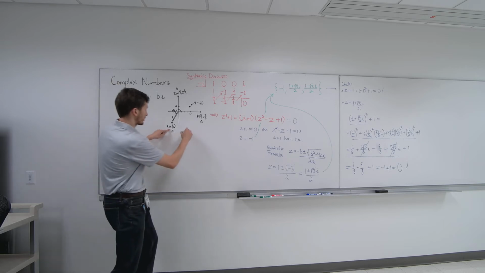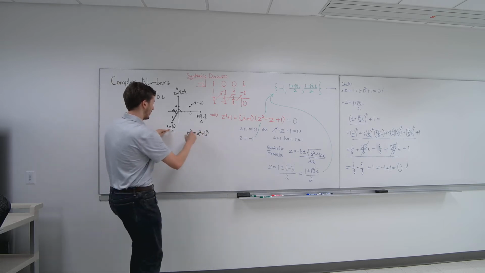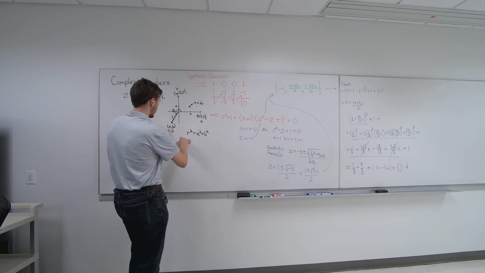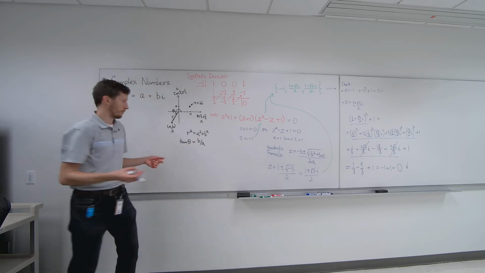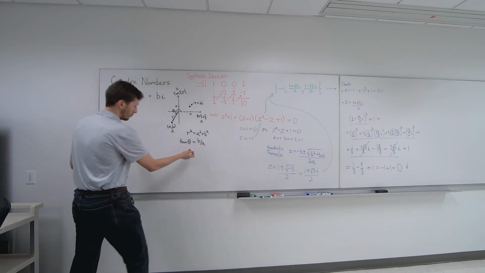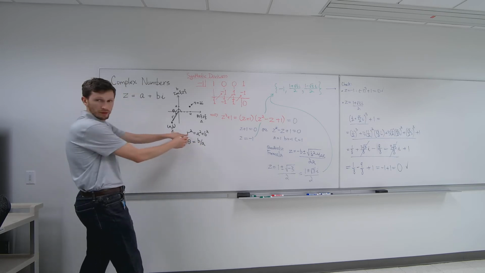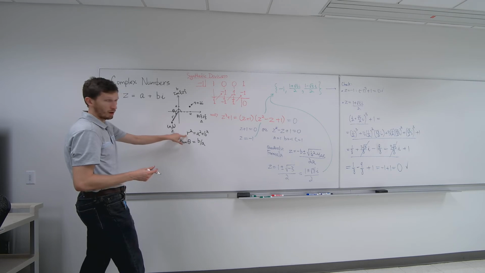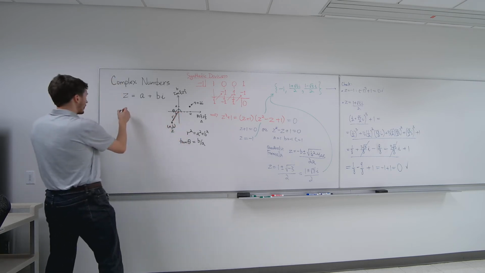But actually, r squared by the Pythagorean theorem will be a squared plus b squared. And if you think about it, tangent of theta would be the y over the x, that is the b value over the a value. So when we have that angle and that modulus, the r, the distance of the point from the origin,